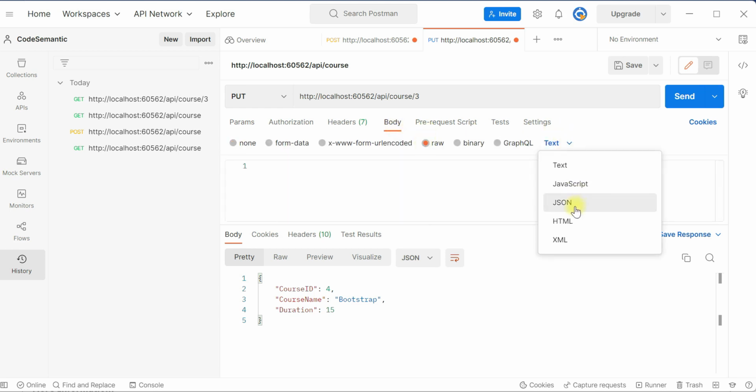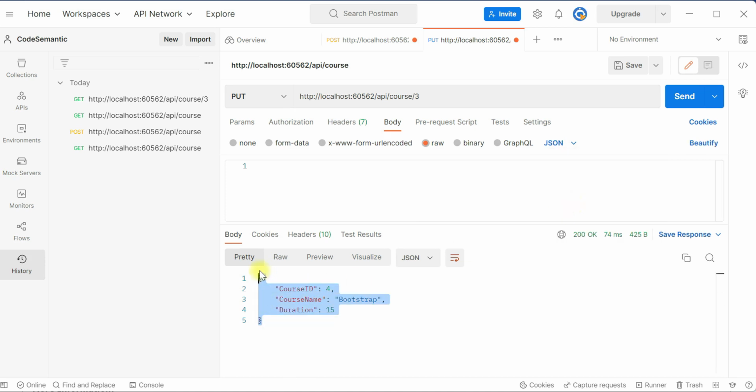Okay, so switch to body, again say raw, here I have to say JSON, and I want to modify this. So let us copy this and alter the values that you want to alter. I just want to alter the duration to 20 hours. Hit the send button,